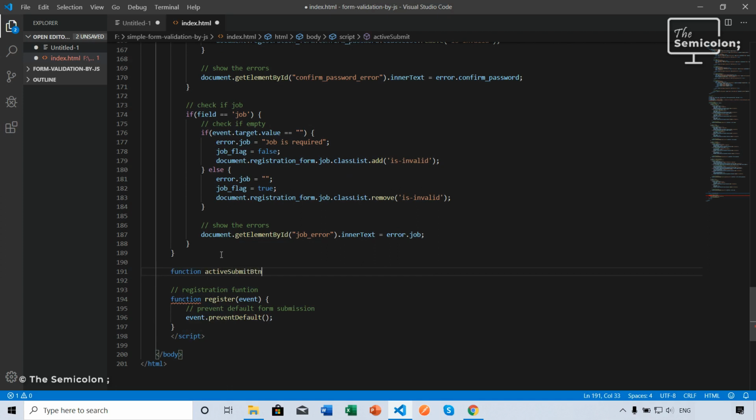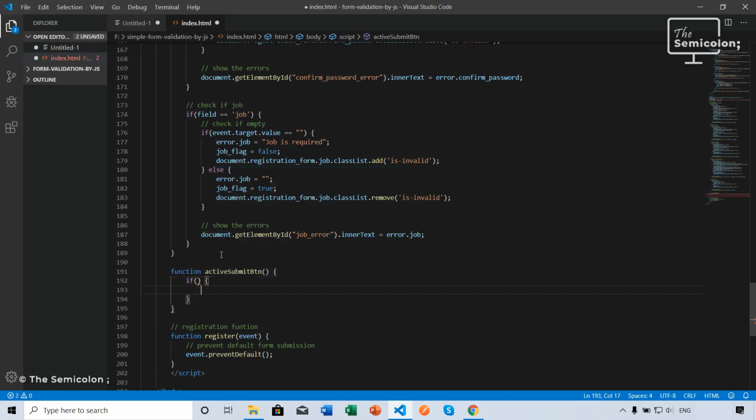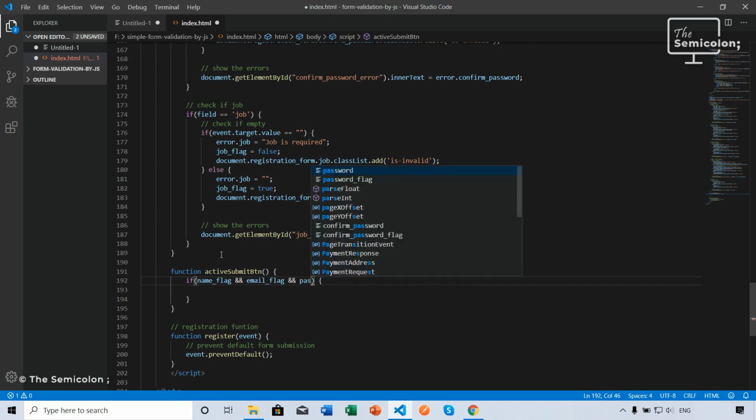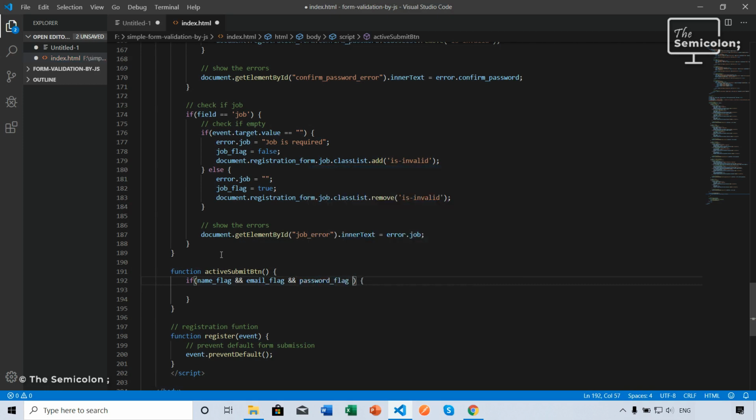So function activeSubmitButton, if all the flags are true. So name flag and email flag and password flag and confirm password flag and job flag are true,